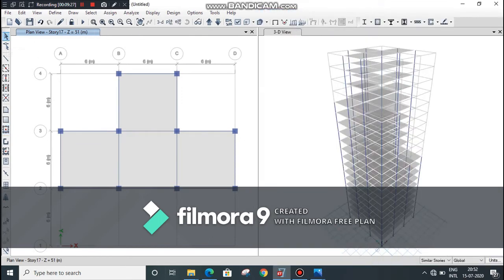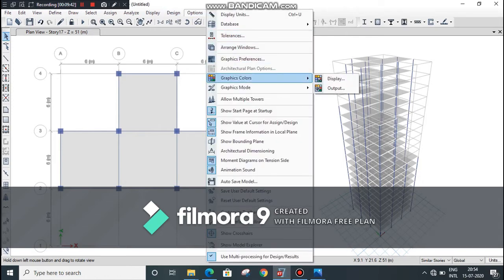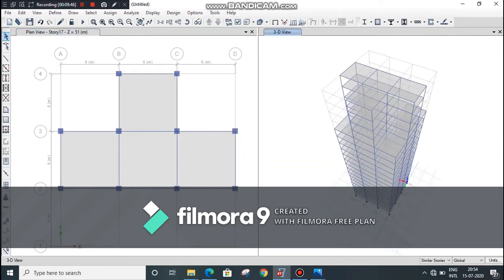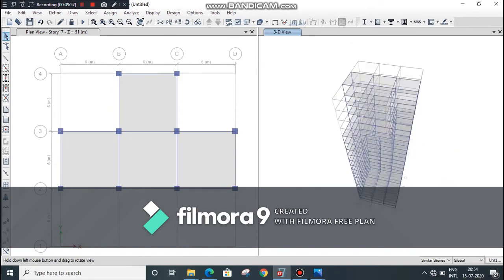As you can see here that we have assigned columns, beams and slabs. Go to rotate 3D view, click on rotate 3D view option, and you can see the buildings.